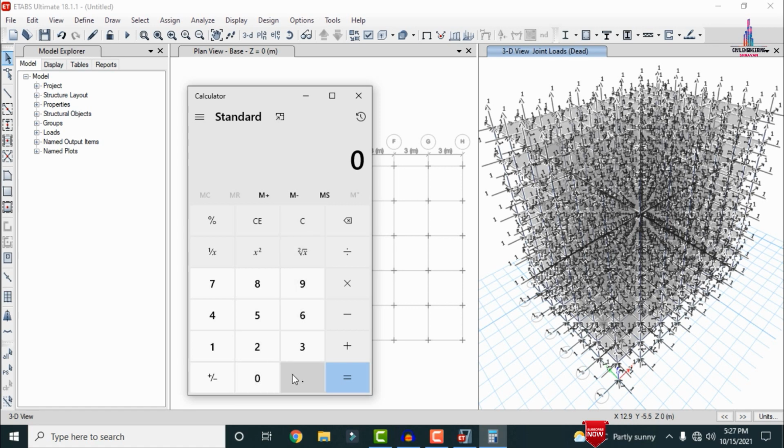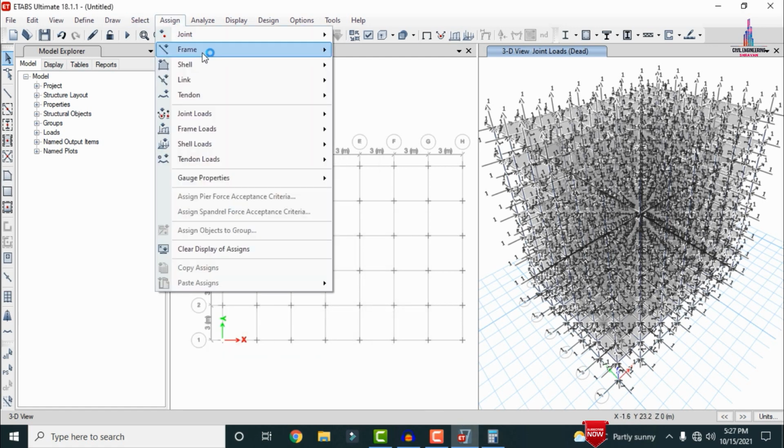Again we have to calculate the internal wall load. 0.125 is the thickness of the internal wall, multiplied by 20, again multiplied by 3, so that we get the value 7.5. Now we have to calculate the parapet wall load. 0.125 multiplied by 20 multiplied by 1.2 meter height. Okay. So it will be 3. Now we have to combine all these values, which is 3 plus 7.5 plus 13.8, so that we get a value of approximately 24.3.